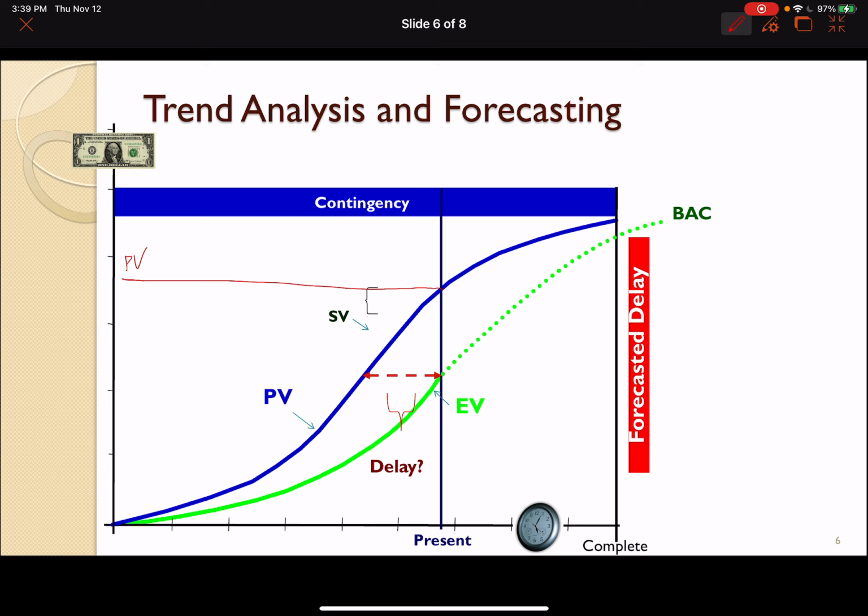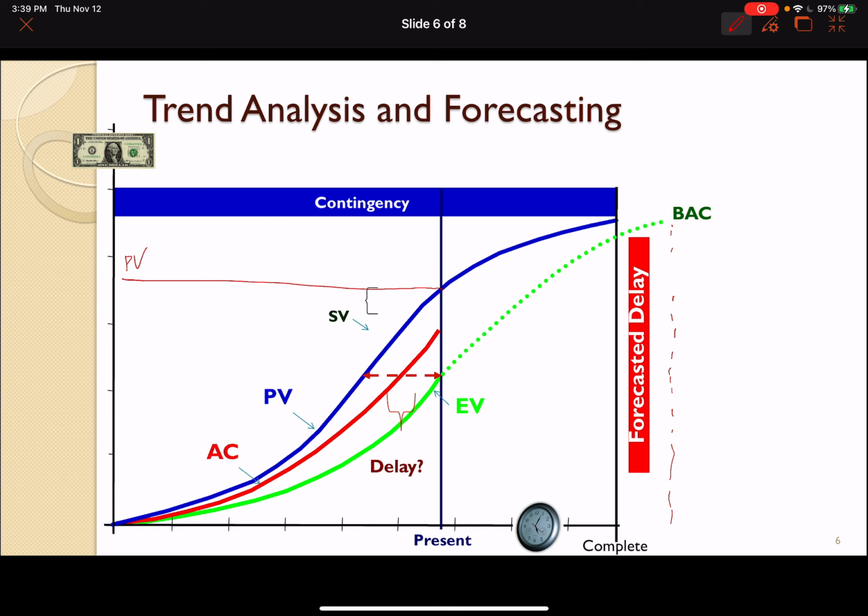Then we can forecast our progress, which will be somewhere here, so that we can estimate the delays of the project. Between the EV and PV, we can determine the delay,